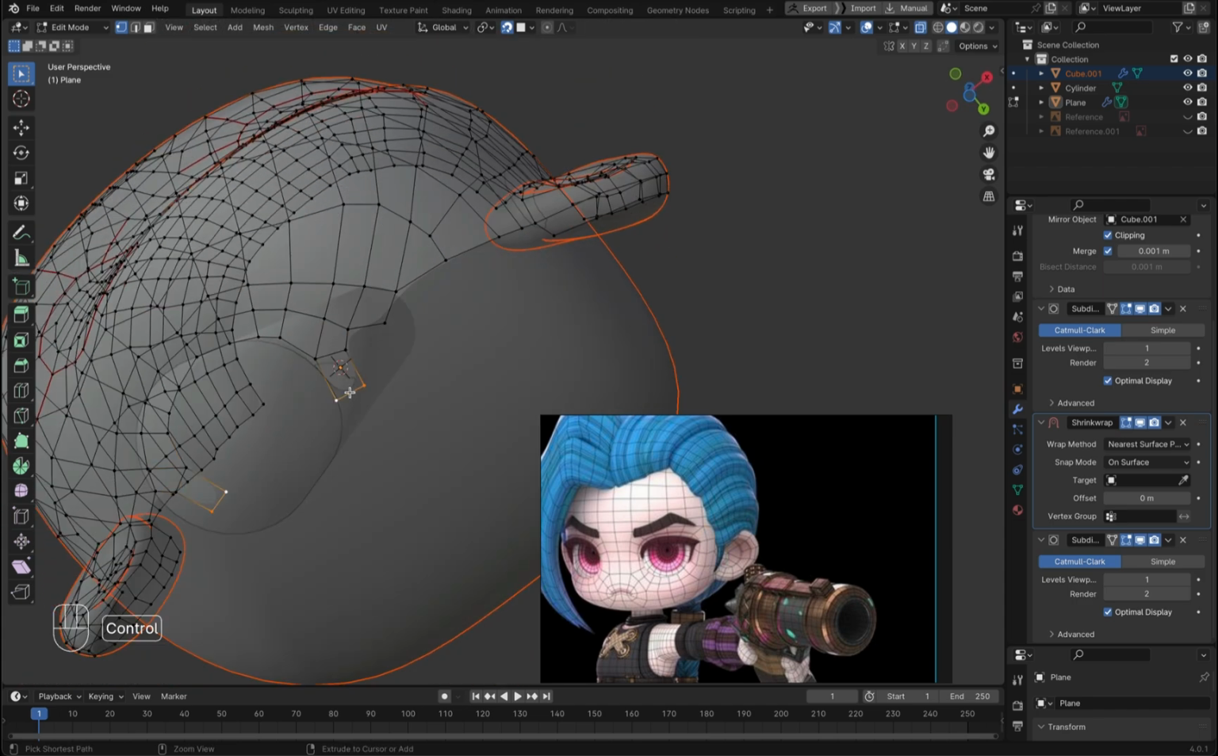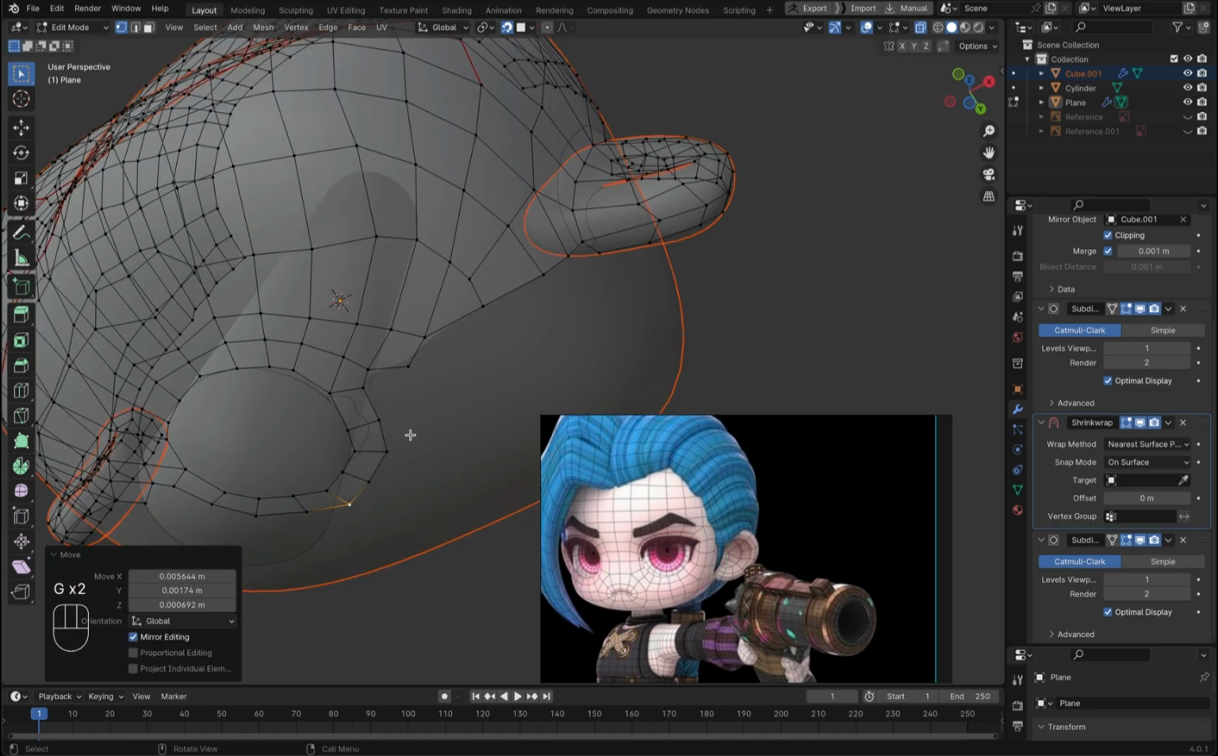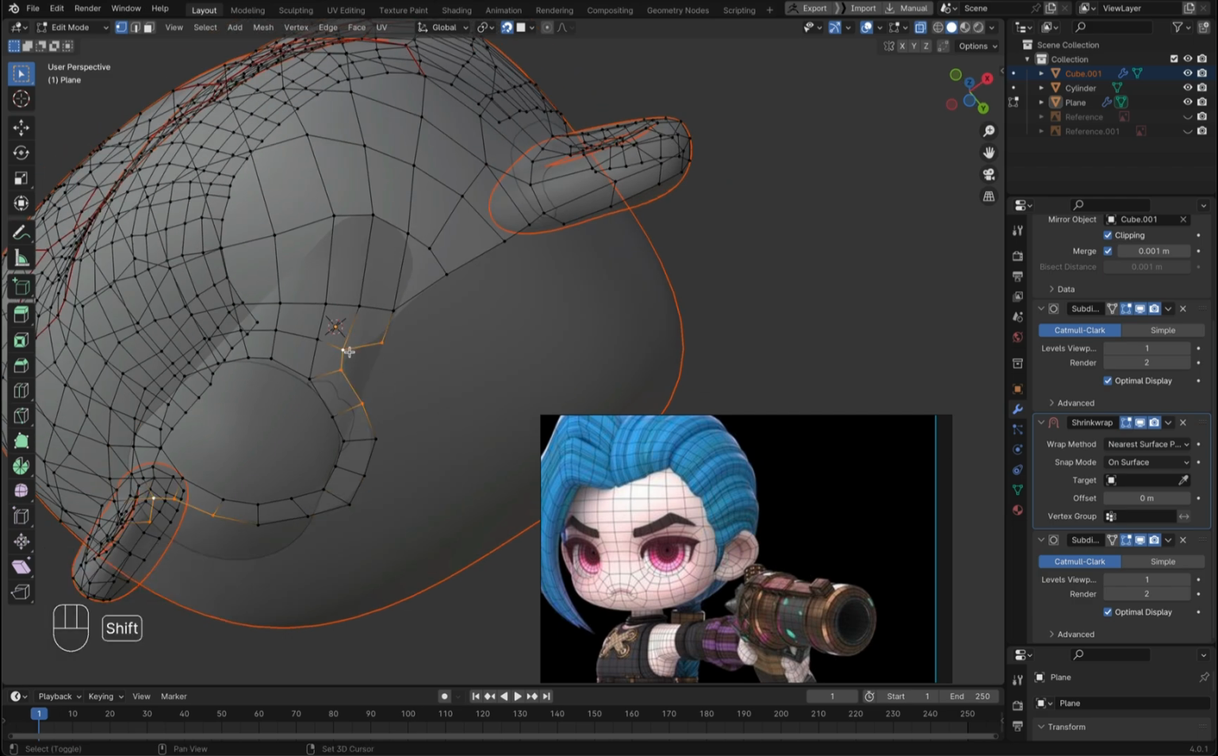Control right click, right click, right click, right click. Just go ahead and join this, right, and right. You can just join this, and